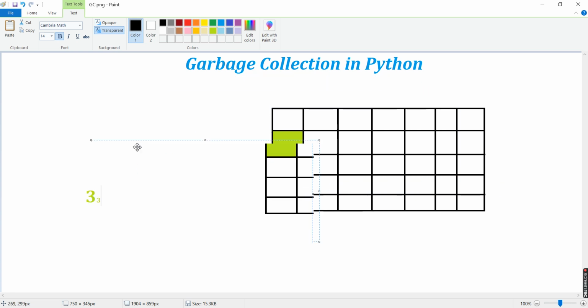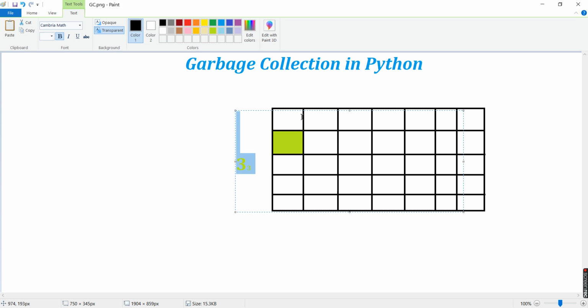Okay, I guess it's superimposed, maybe due to the size I changed some time ago.